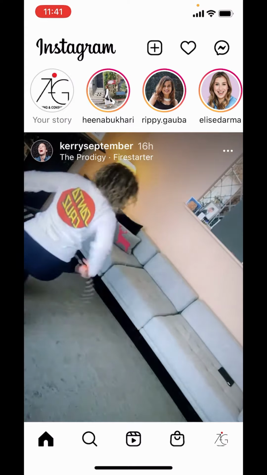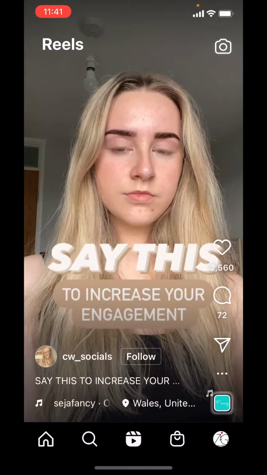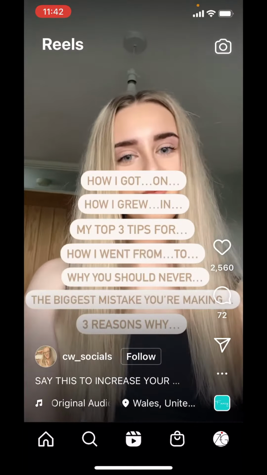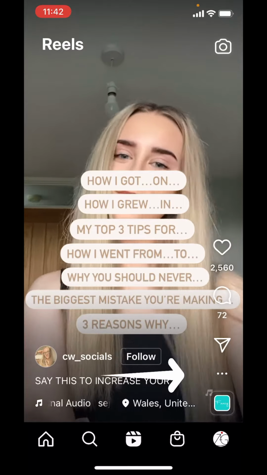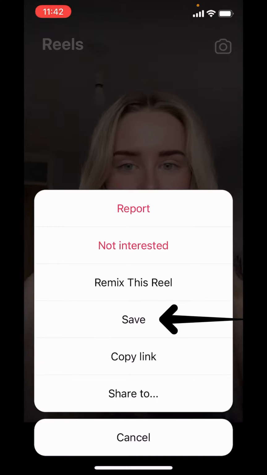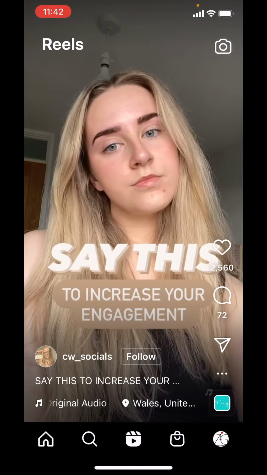In order to save an Instagram reel that you're watching and you want to save it to your gallery, let's say you go to Instagram Reels and let's say this is the reel you want to save. So what you need to do is you hit on the three dots menu here and simply hit save. When you hit save, it'll give you a saved confirmation,